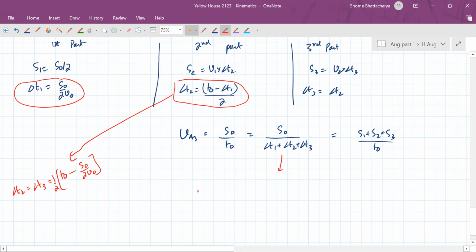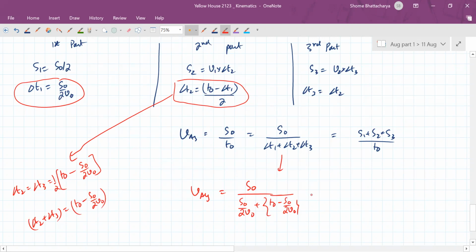Now V average is equal to S naught upon this thing. So this delta T2 plus delta T3 will become double of that. So we have this so far, S naught by 2 V naught plus T naught minus S naught by 2 V naught. Okay. Now this T naught itself is